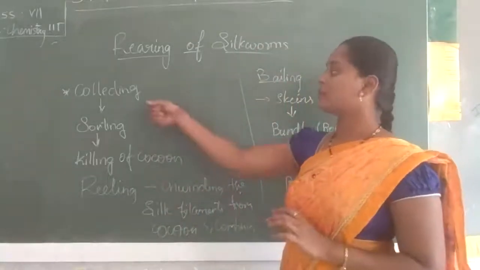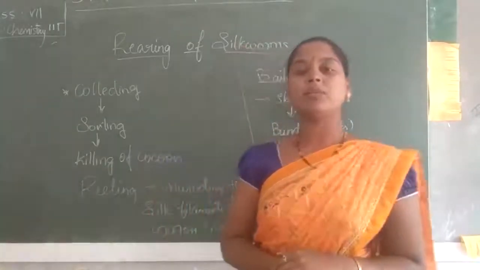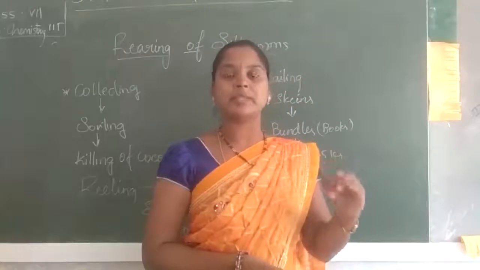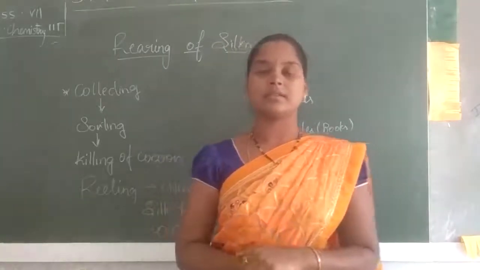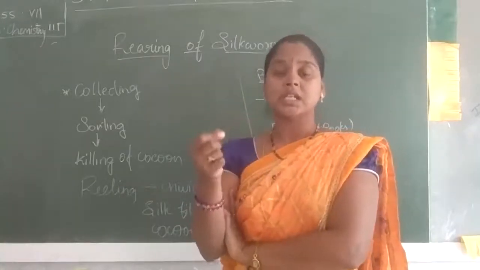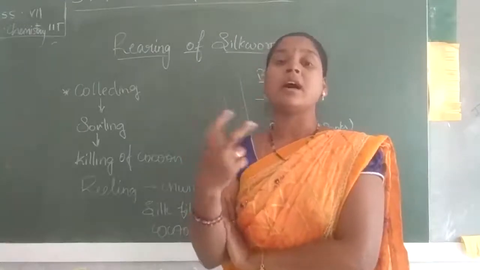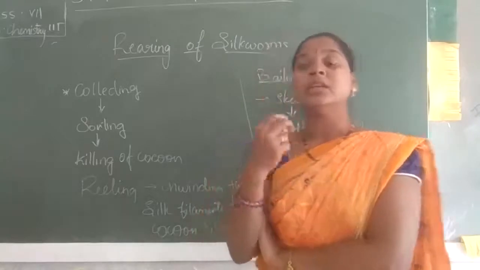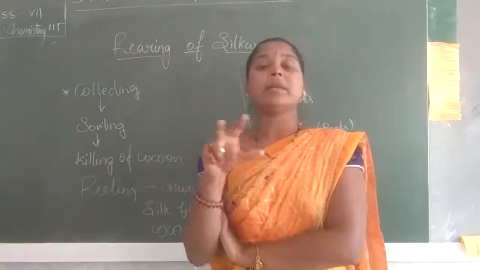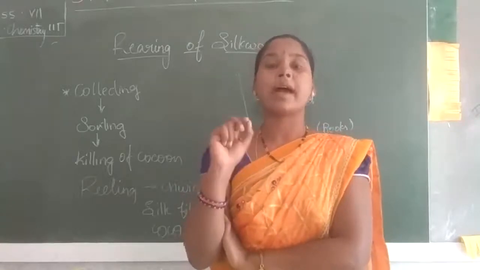So here first, what is the first process? Collecting. See how many eggs the silkworm lays? It lays up to 300 to 400 eggs at a time. Okay. After that, the female silkworm dies. So these eggs are collected from the farmers who do sericulture. The rearing of silkworms is called sericulture. Okay. So here those eggs are collected by the farmers, and those eggs are laid on a white cloth or white sheets. Okay. And they are kept in a suitable temperature, a suitable environment, for the eggs to hatch.